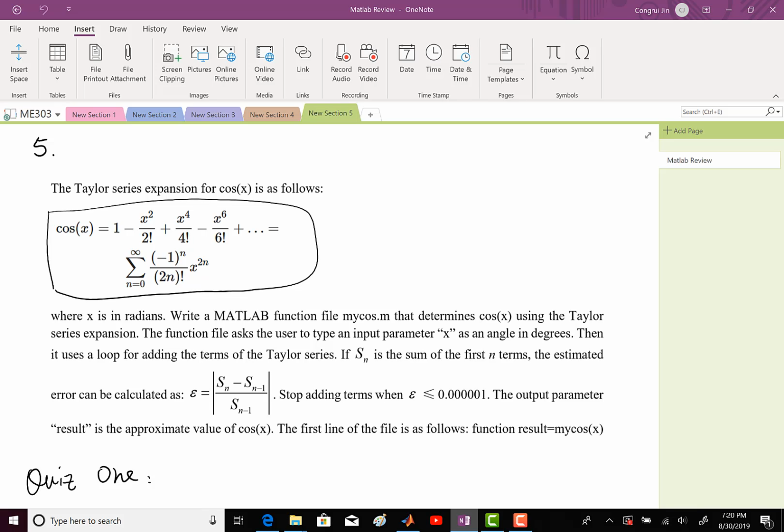So the Taylor series expansion for cosine x is shown in this equation. The x here is in radians. And this question asks you to write a MyLab function file, which is called mycosine.m, that determines cosine x using this Taylor series expansion. The function file asks the user to type the input parameter x, which is an angle